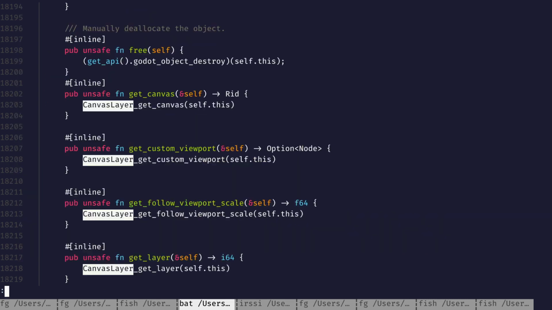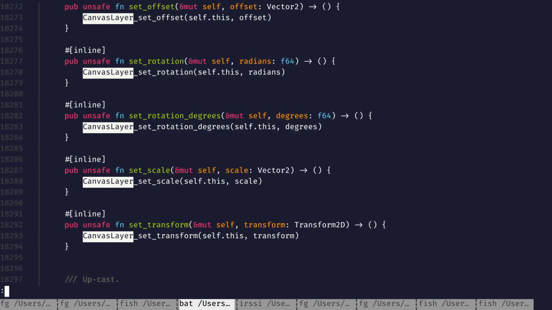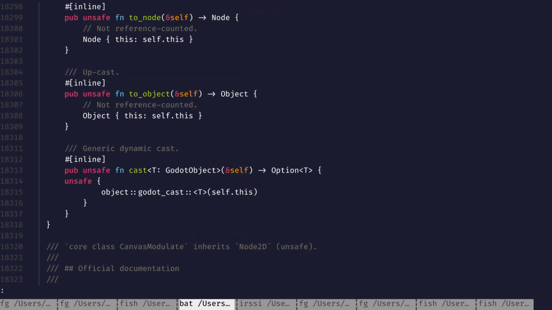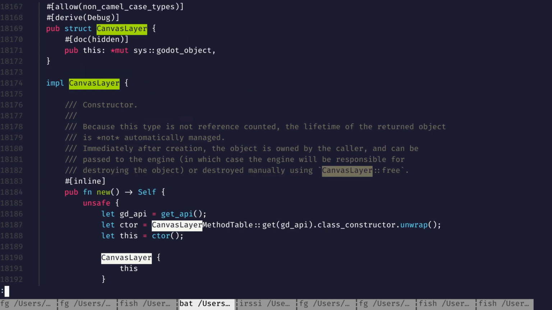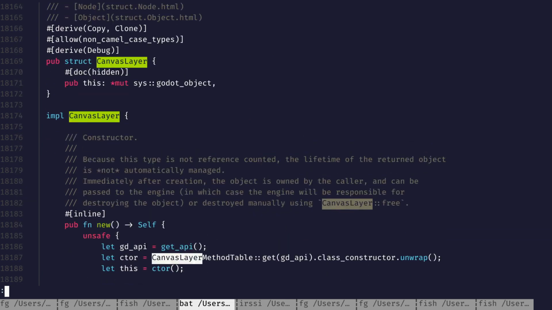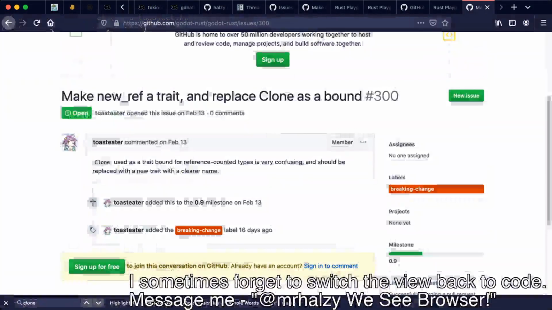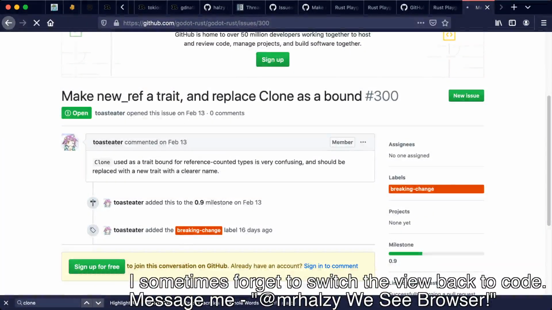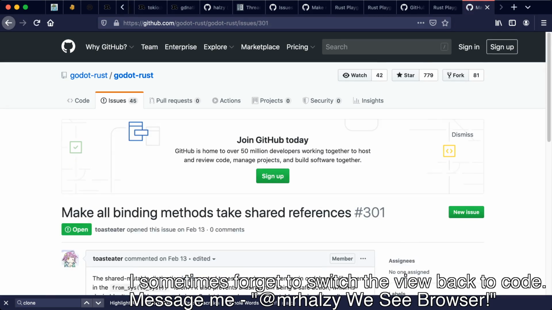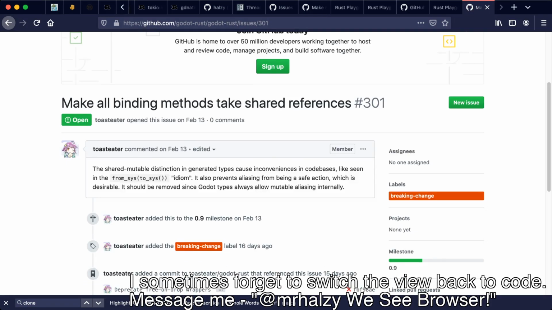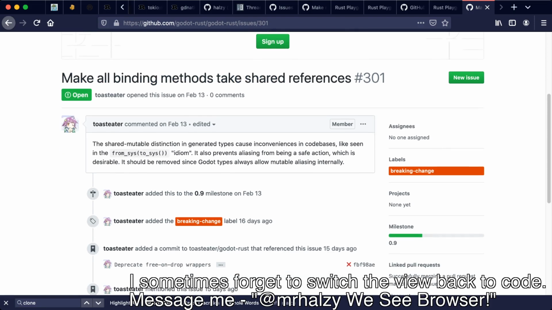We can create a new one. This is just a wrapper around that type, so it's not really reference counted, is it? I think this task that we're working on should be done after the other task. So in this case, make all bindings take shared references. So if this one was done first,